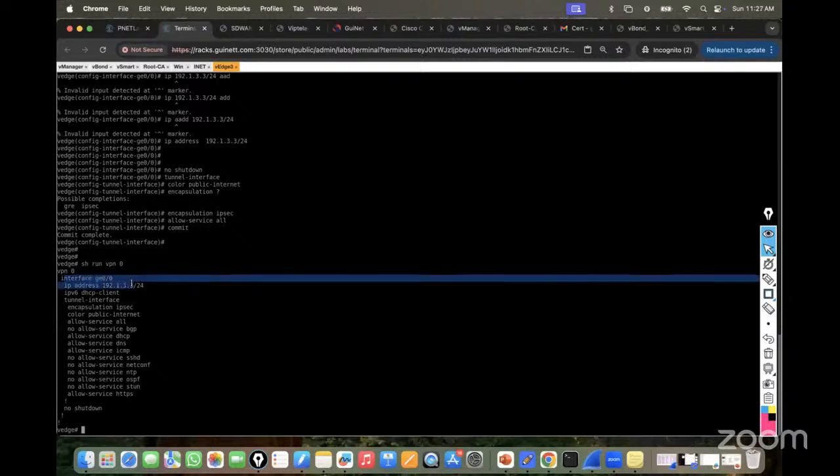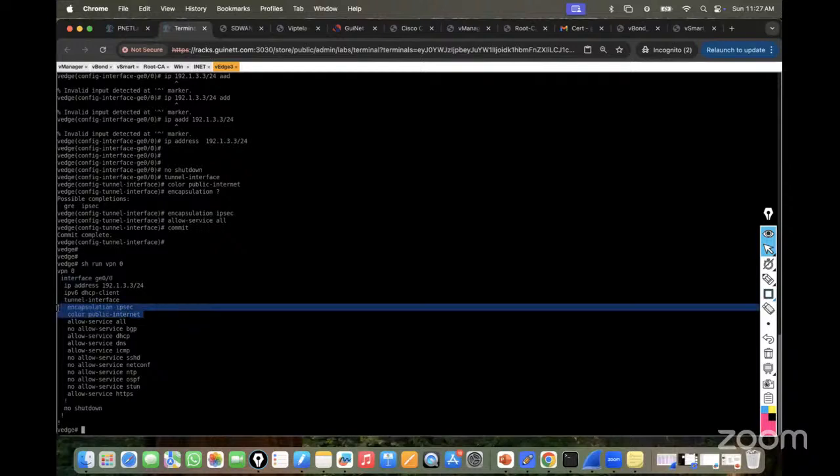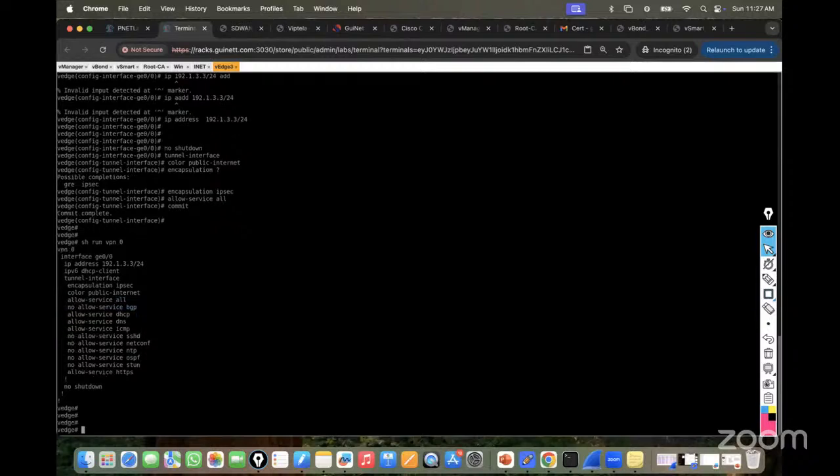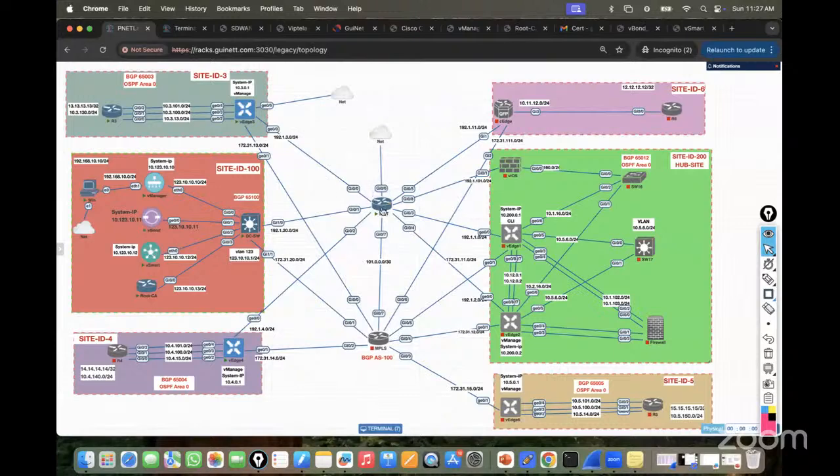I go in the interface. I'll assign the IP address, tunnel interface, encapsulation, color, allow services all. My job has been done, right? This job has been done. What next? The next step, once we have done this, I will configure the IP on this particular router on